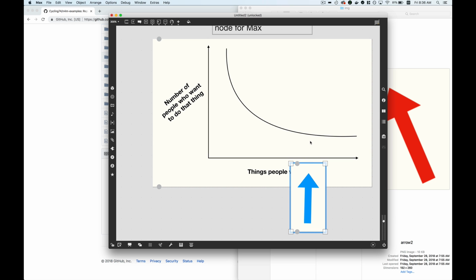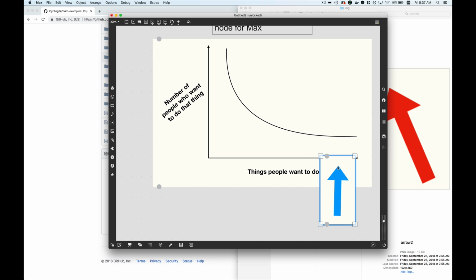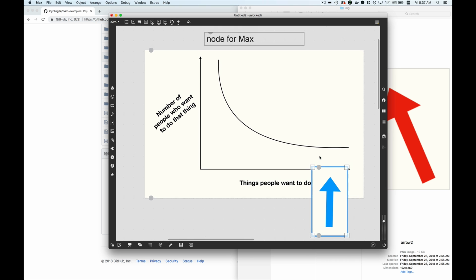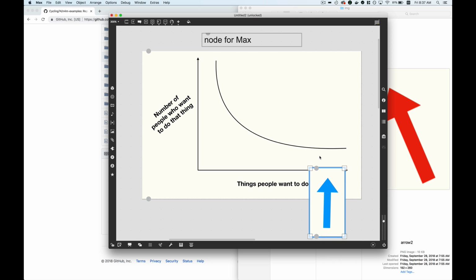So maybe, I want a patch that plays all the episodes of Xena Warrior Princess backwards. And out here, you've got, I want to make a Max patch that automatically generates names for bespoke potpourri. Things that only one or two people want to do, but it's not always clear what the right tool is to do that thing. And oftentimes, I think Node for Max is going to represent that kind of Swiss Army knife. You need a Max patch that can unzip a file, or you need a Max patch that can update your computer. Node for Max can help you do that kind of thing. So that's what it's there for, to give you a lot of broad flexibility for a range of projects. And I'll show you now one of the things that you can do with Node for Max,